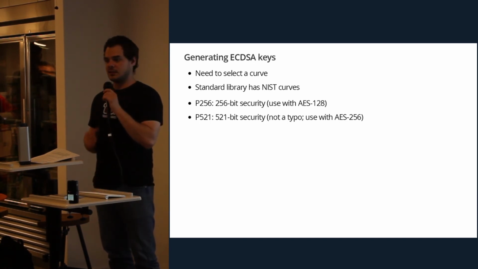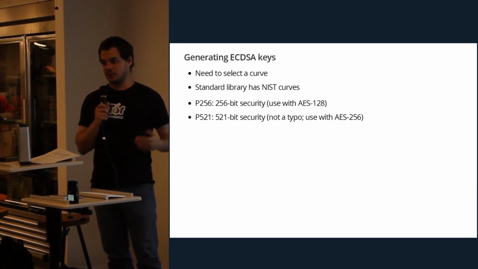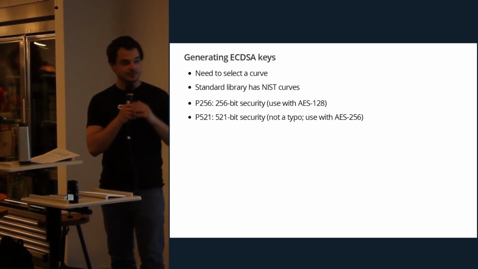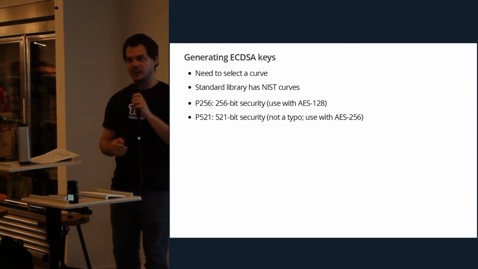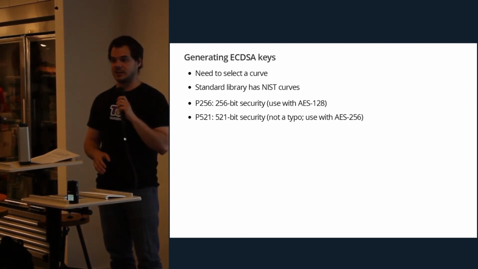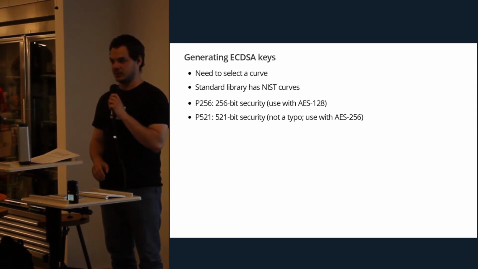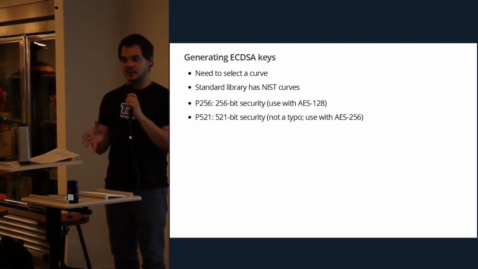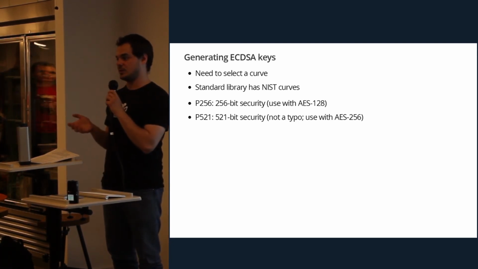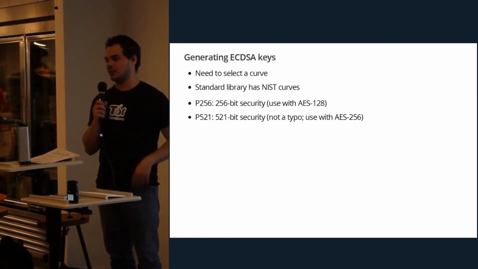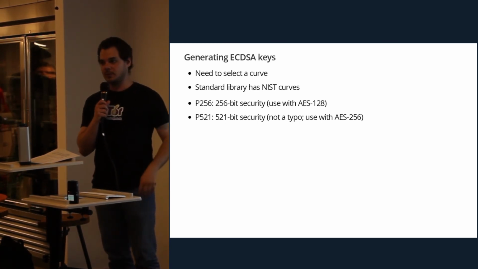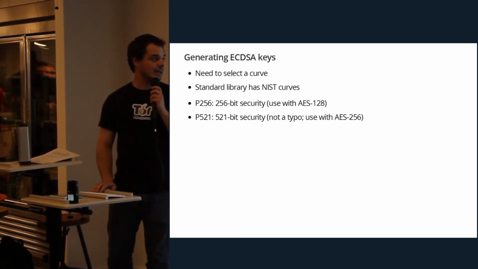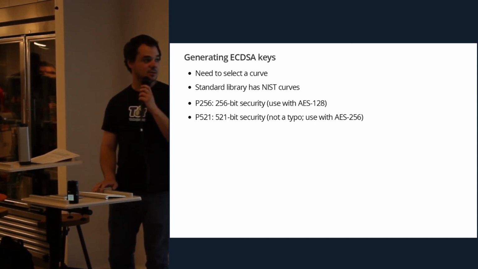Generating ECDSA keys. This is what a lot of people use, which you'll see for elliptic curves in TLS, using ECDSA with the NIST curves. Go provides three and maybe four standard curves that should get you through pretty much everything you're going to need to do, unless you're doing Bitcoin stuff. Those curves are called P256, and then there's one called P521, which is not a typo, though I thought it was the first time I ran into it. It's actually 521 bits. They correspond to how strong the symmetric ciphers you're using are. Again, don't worry too much about that, just use what the spec says to use.